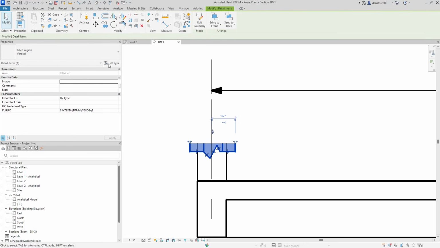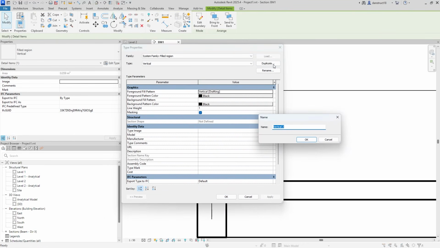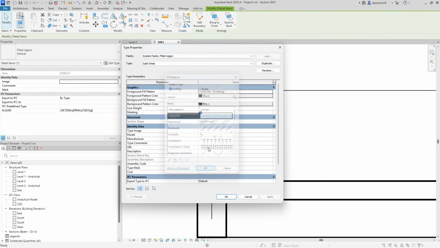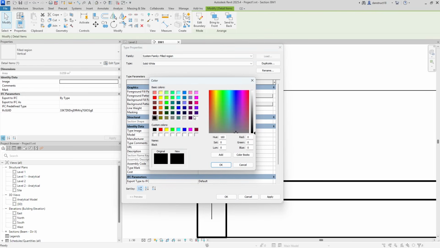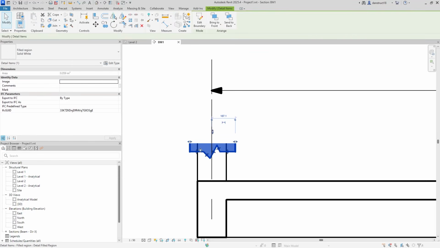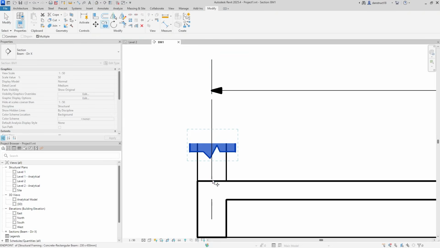I'll come here and click on edit type. I'll duplicate, and I'll call this solid white. All right. Okay, great. Now for the foreground fill pattern, I'll set this by clicking on that dot icon. I'll scroll up, set it to solid fill, and I'll change this color to white, and I'll click OK. There we go. So I'll select this here, and I'll type CO for copy, and I'll copy from this point,